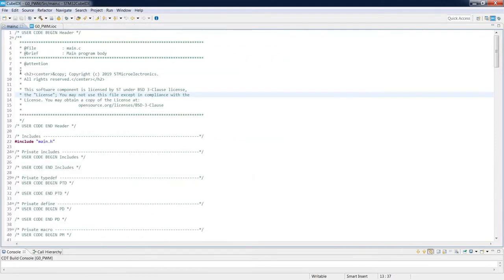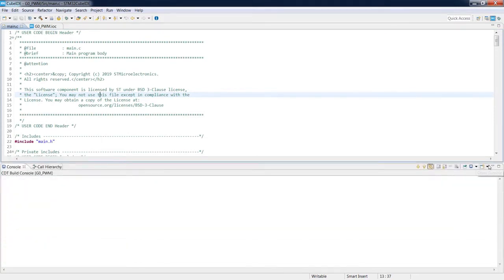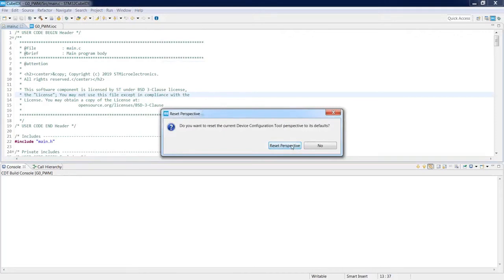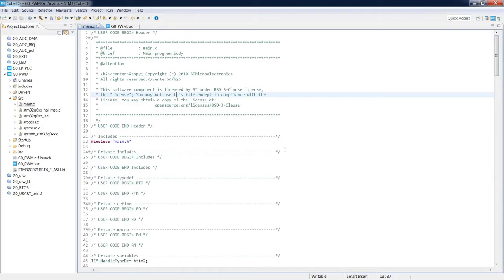I can close more. And it may happen that during your development you click too much, you closed too many windows, and you don't know how to come back to the default state. For this, you can go to Window, Perspective, Reset Perspective. Yes, and now as a result, current perspective will come back to its default settings.